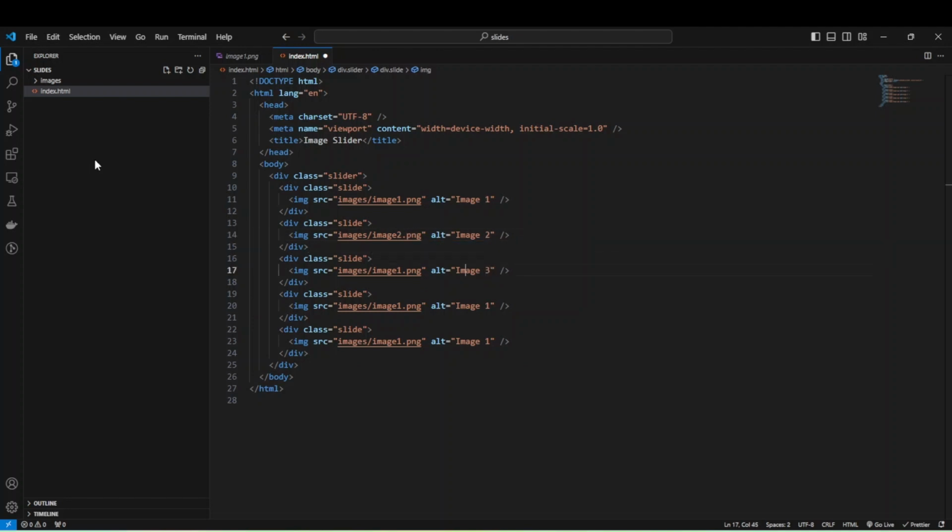2, 2, 3, 3, 4, 4, 5, 5. Next, I need buttons for navigation. A button with class prev button, and I'm going to use here just the sign less than, and so the second button, next button, with greater than,